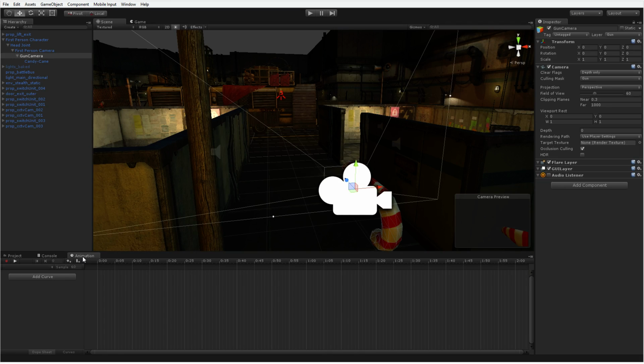I'm going to be using this to animate my gun. I basically want three animations. I guess four. The first animation isn't an animation. It's in fact no animation, where my gun just sits where it is. So I don't need to make that. I already have that. A second animation is going to be an aiming animation, where I aim down sights. The third animation is going to be a sprint animation, where I sort of turn the gun to the side as if I was sprinting, where you can't shoot when you're in that state. And then the fourth one is going to be the actual fire animation.